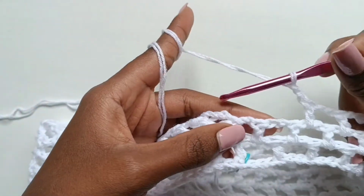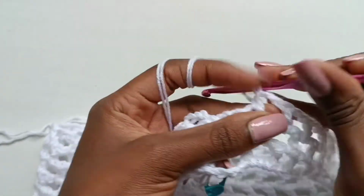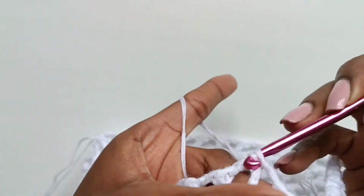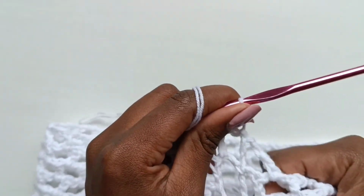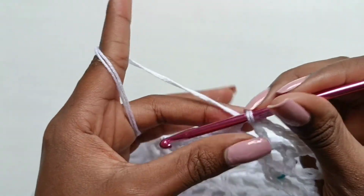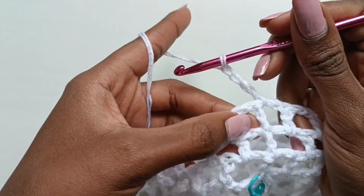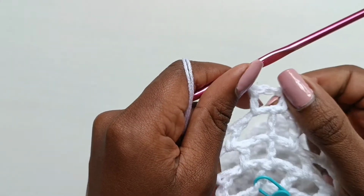I'm coming towards the end of the row and I'm left with 2 spaces. I will place my double crochet inside of that first space, do my chain 2, skip that space and do a slip stitch on top of that stitch like that in that space right there, and voila, we are done with 3 rows. Now to start the next row, we are going to chain 4 as always. Turn our work, always turn, go in through that very first stitch and do a double crochet,